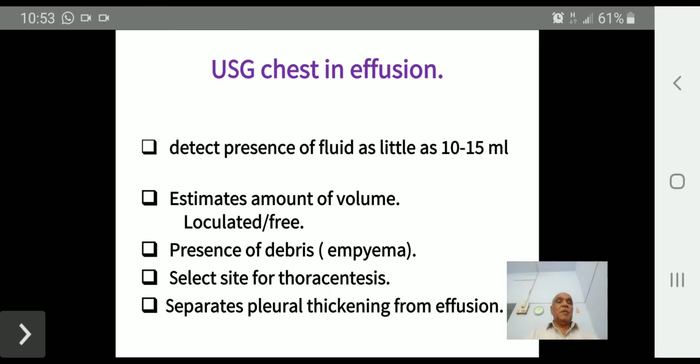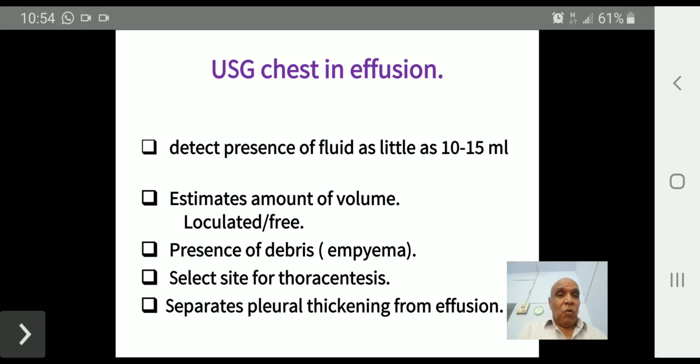USG chest in effusion is more important, even more than chest X-ray. It can detect the minimal amount of fluid present in the pleural space. It can detect even a small amount of fluid, 10 to 15 ml. It can localize